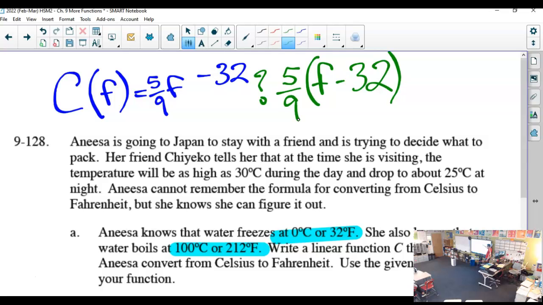180. So times 5/9? Or do 180 divided by 9 and times 5? That's right. So that's right. Try 0 to double check it. 32 minus 32 is 0, times anything, that's always going to work once I get this to be 0. Okay, so we're fairly confident in this.